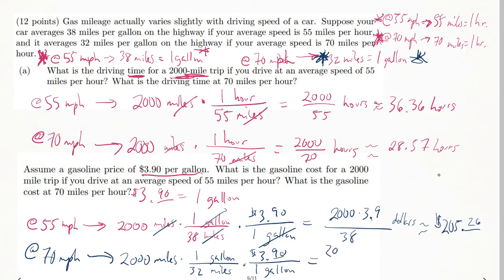So notice this is 2,000 times 3.9 divided by 32. And by the way, your miles will cancel, your gallons will cancel. Right? And this will be in dollars. So what does this actually equal? Well, if you go 2,000 times 3.9 and you divide by 32,